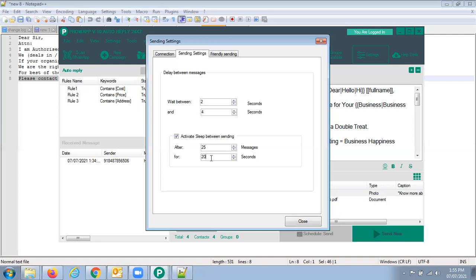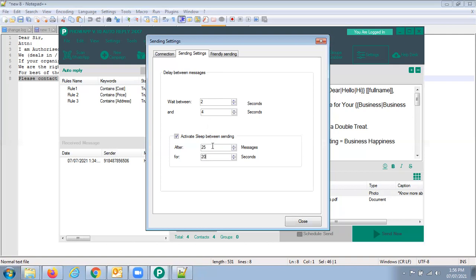This gives the application a manual touch, because you cannot send 200 WhatsApp messages continuously with your mobile device. The same feeling we need to assign here, but this setting can be set once and will not change until you change it again.